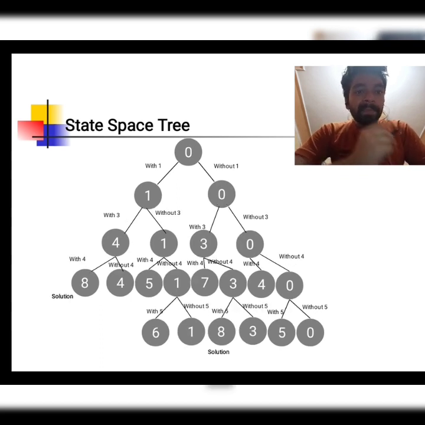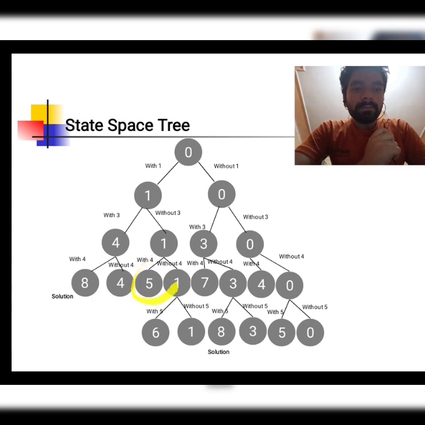So this is the solution, and no value is inserted in this node. In this node, 5 plus 4 is equal to 9, which is greater than the given 8, so no element is inserted in this node.